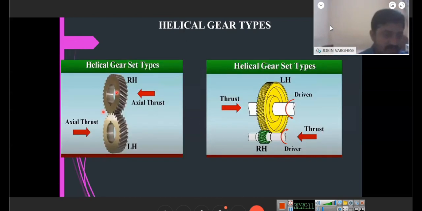There is another factor called the thrust, which comes into action. The thrust is like this: the gear is on the shaft, and it tries to move away from the shaft, pushing out along the shaft. That is called the thrust. That is a major disadvantage of helical gears compared to spur gears, the axial thrust. There should be ways to avoid this or to reduce the thrust. So when we see the thrust, like